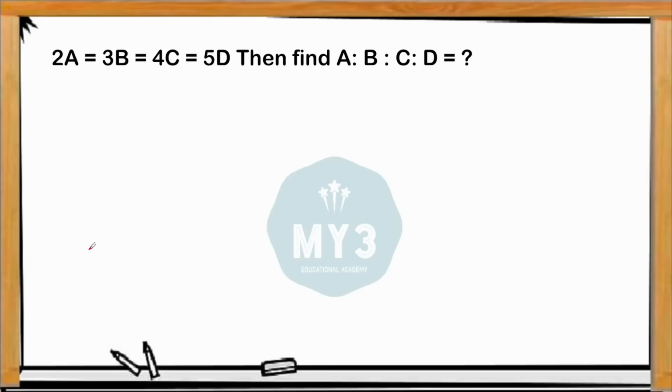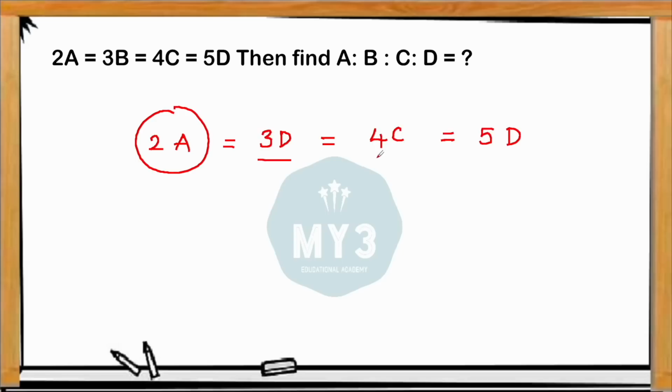And one more approach for solving the same question. The other approach is to get A is to B is to C is to D. You can use a simple trick to make the answer by taking less than 5 seconds of time. What you need to do is to get A value, just close the A term and observe the product of other terms. What is the product of other terms? 3 into 4 into 5. Just multiply the quotients. 3 4s are 12, 12 5s are 60. So that is the A value.